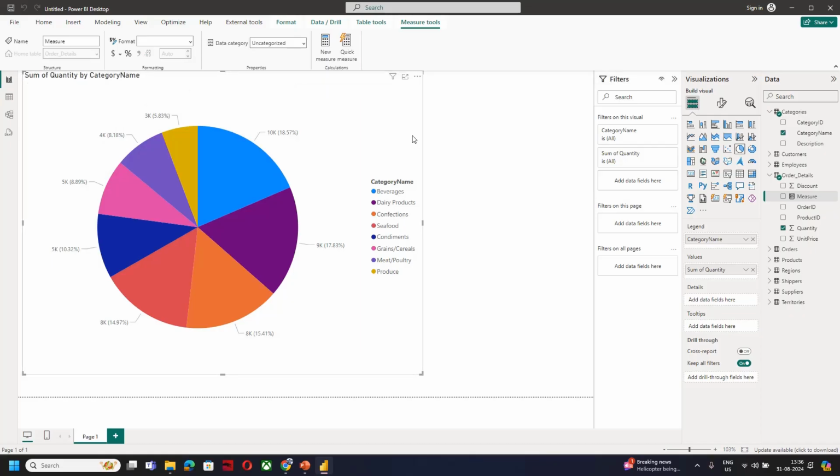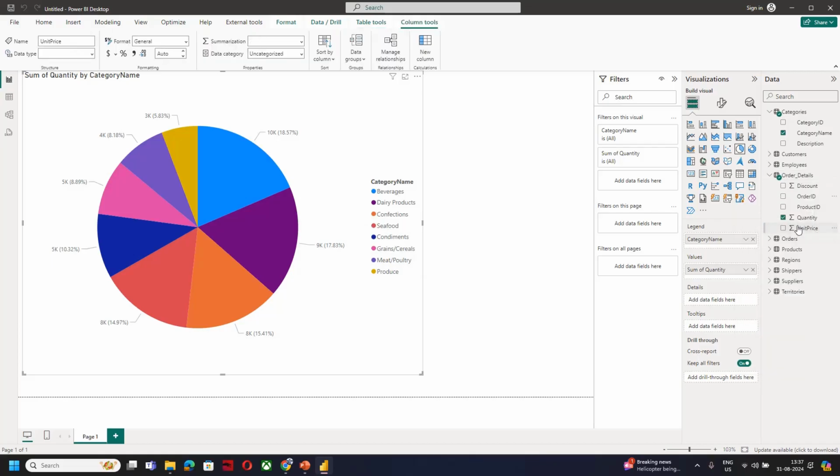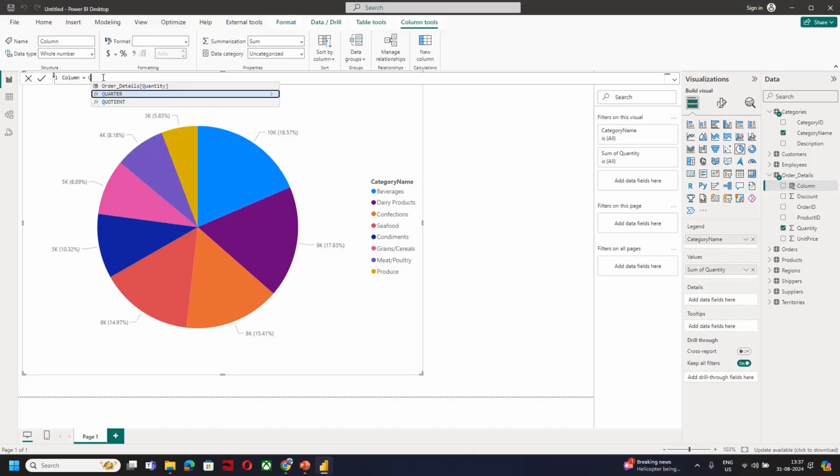हम लोग एक काम करते हैं, इसको नहीं करते हैं, वी विल ऐड अ न्यू कॉलम एंड मल्टीप्लाई इट। सो यहाँ पे न्यू कॉलम पे क्लिक कर रहा हूँ मैं, एंड आई बेसिकली वांट मल्टीप्लिकेशन ऑफ क्वांटिटी, जो कि यहाँ पे नहीं आ रहा है। हाँ ये देखो, ये आ गया, ऑर्डर डिटेल्स क्वांटिटी इनटू यूनिट प्राइस, और इसको हम बोल सकते हैं टोटल सेल्स।